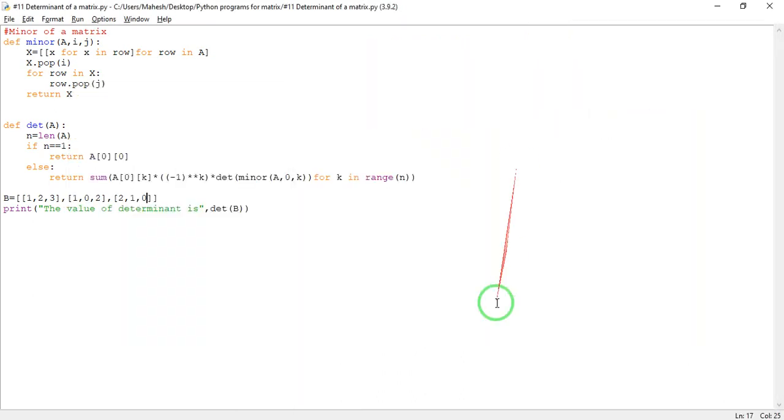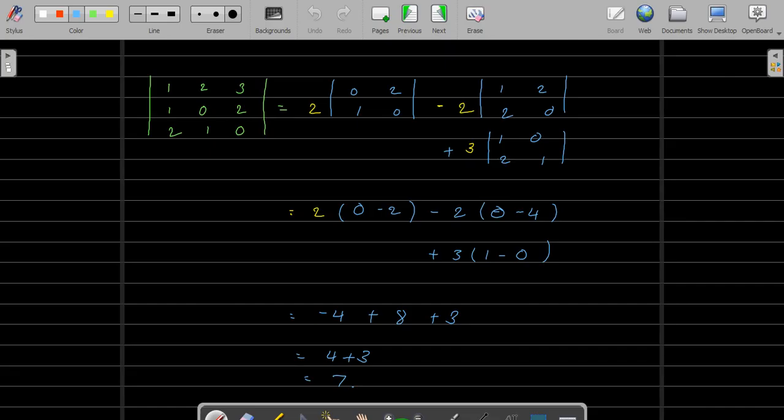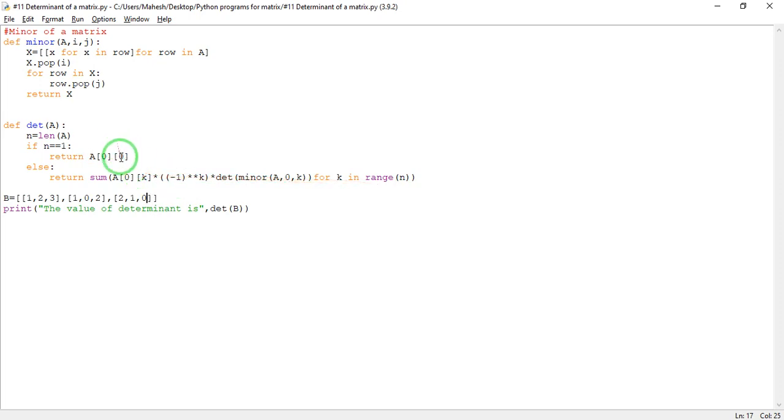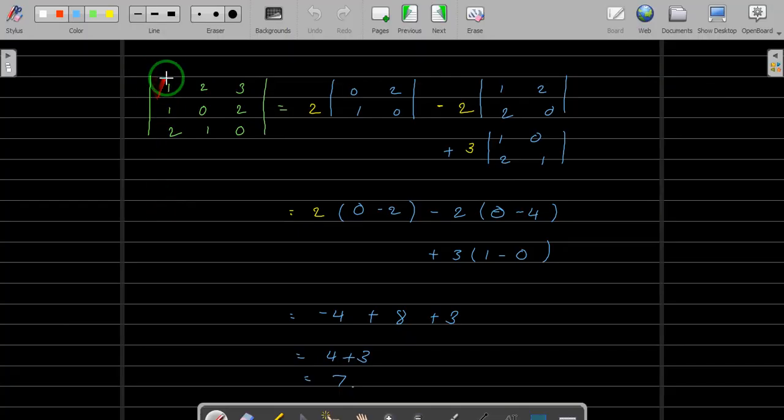The value of this determinant is 9, it says. We got 7 earlier, so maybe our calculation has an error somewhere. We have 1 2 3, 1 0 2 and 2 1 0, so 2 into -2 minus 2 into 4 comes minus, and then 3 into 1, 3.